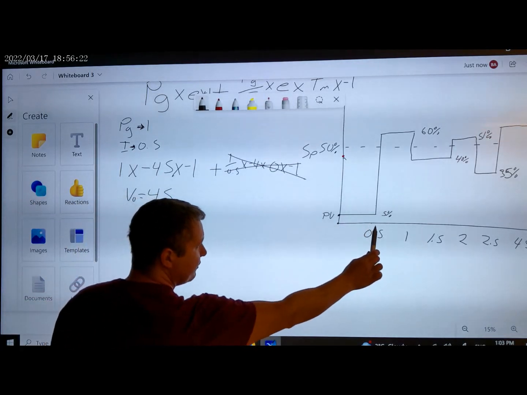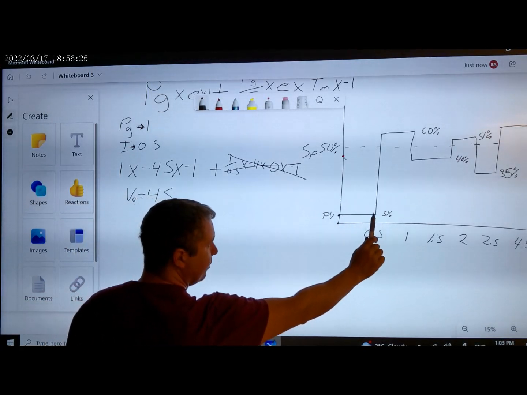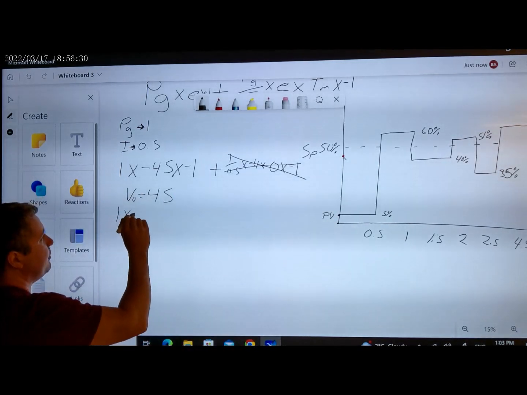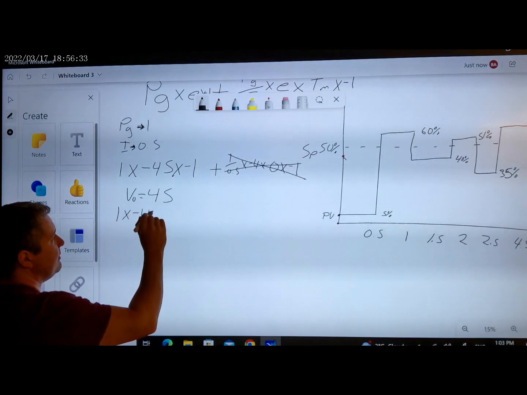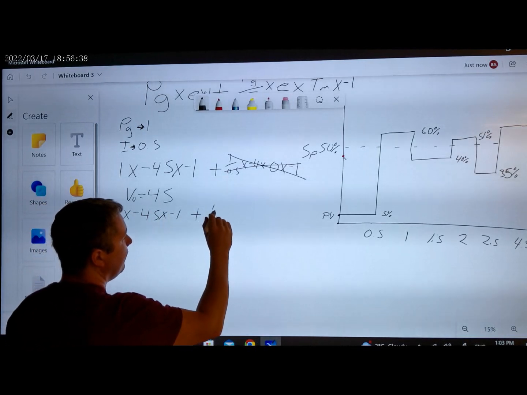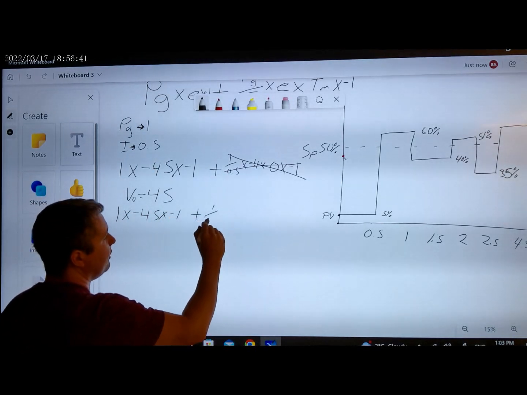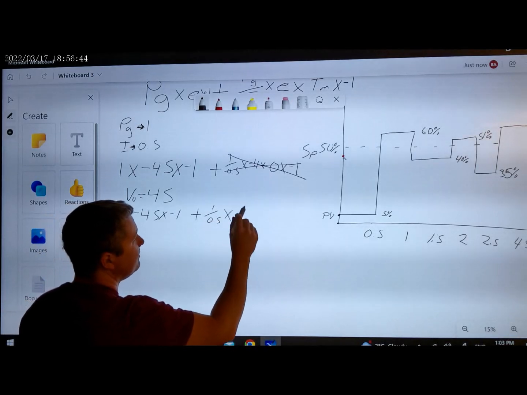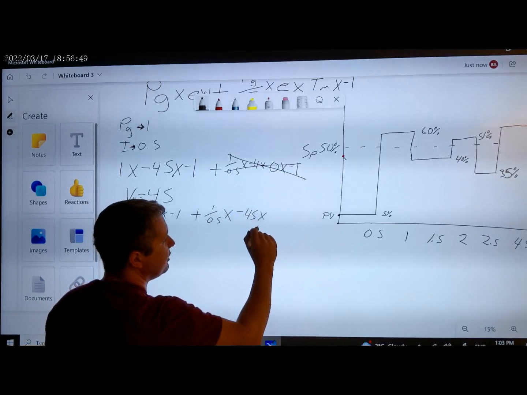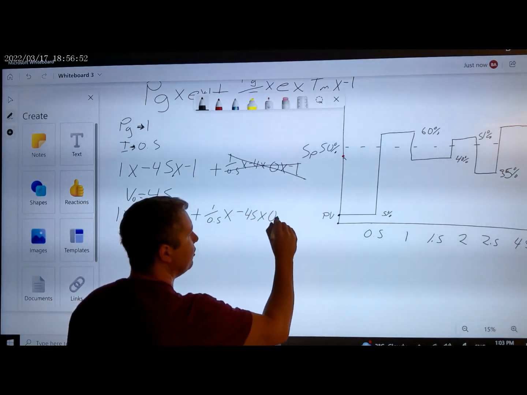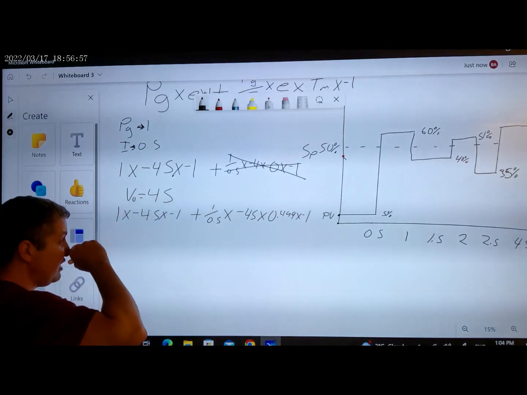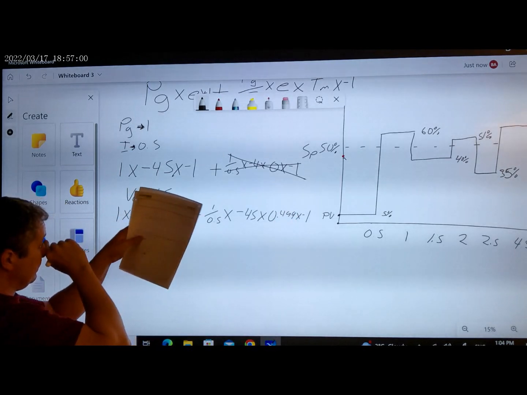So at 0.049 seconds, before it crosses over, first we do our proportional, 1 times minus 45 times minus 1, plus 1 proportional gain over our integral 0.5 times minus 45 times our time, which is 0.499 times minus 1. Now, we already know that this